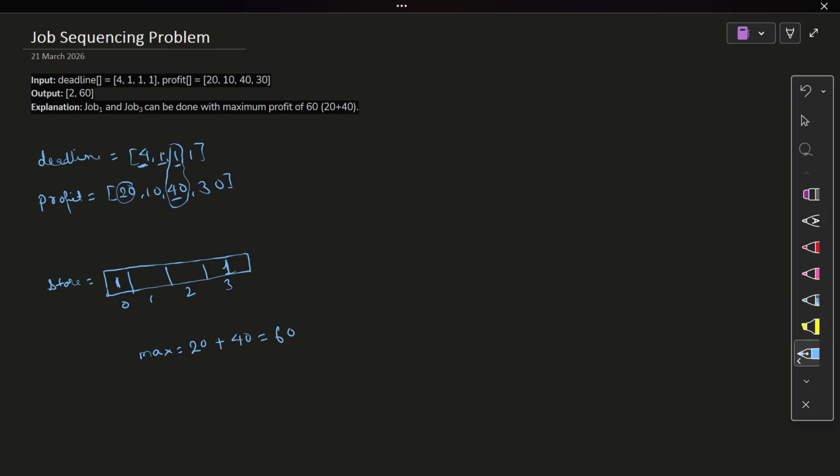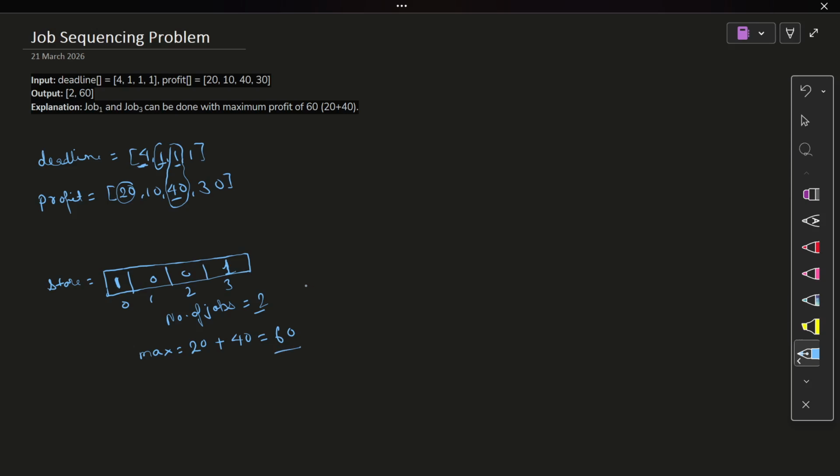Another job has deadline 1, but that slot is already taken, so we can't do it. So the total number of jobs is 2 and the maximum profit is 60.